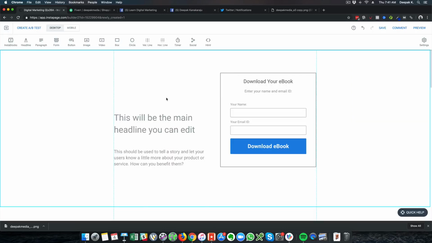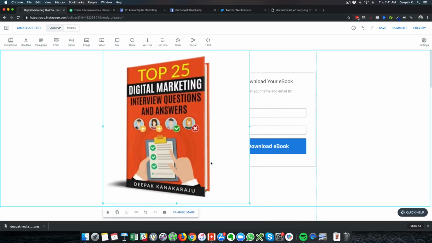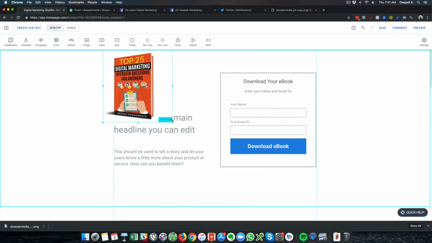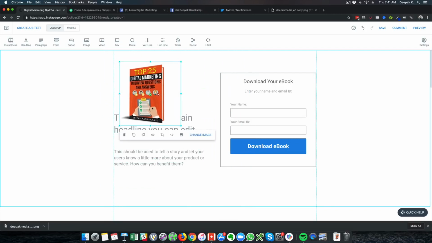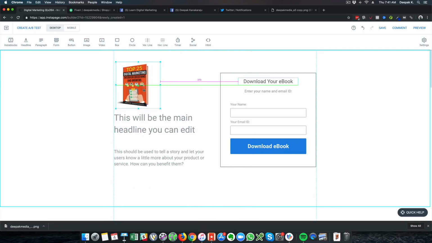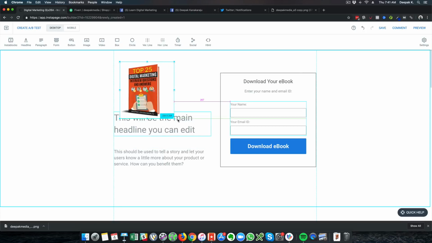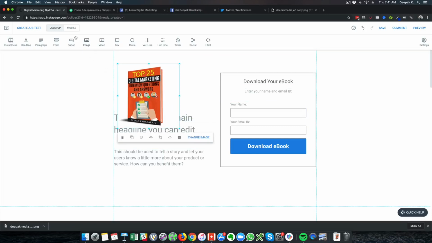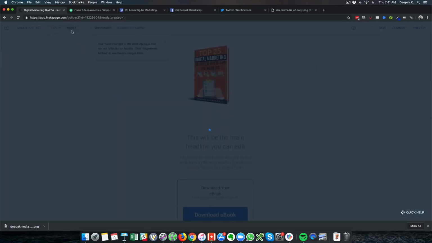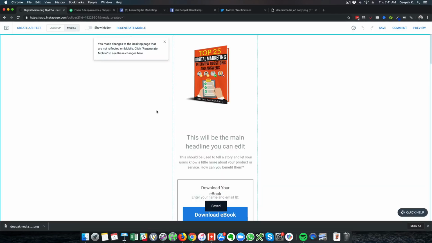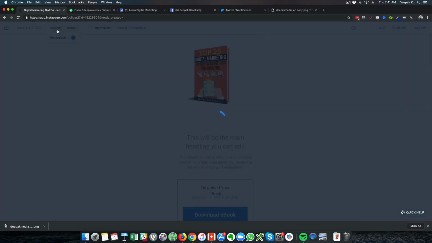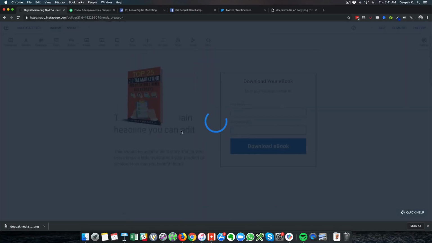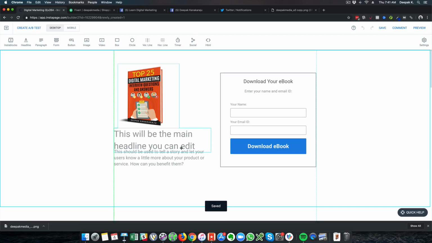So now I can go ahead and insert this image. So here you have the ebook here, and I will just include it here. So this particular tool, Instapage, also helps you build a good landing page on the mobile platform. So if I go ahead and click on mobile, you will be able to see how the mobile one looks. So here I can rearrange the items as well. I will get back to it a little later. So let me first finish building the desktop page.